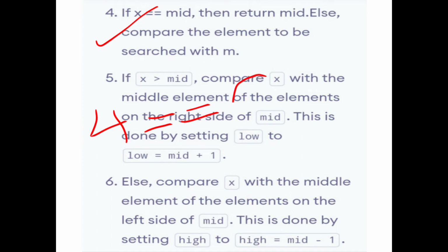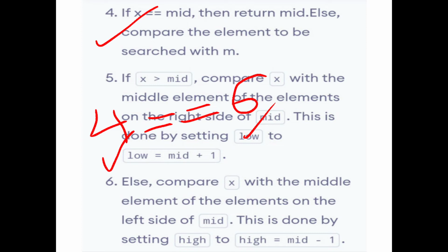What is the midpoint value? 6. Suppose x is equal to the mid position value, then you must return the mid position. That means you have found the position of that element. 4 is exactly equal to 4, so the position of the searching element is returned.